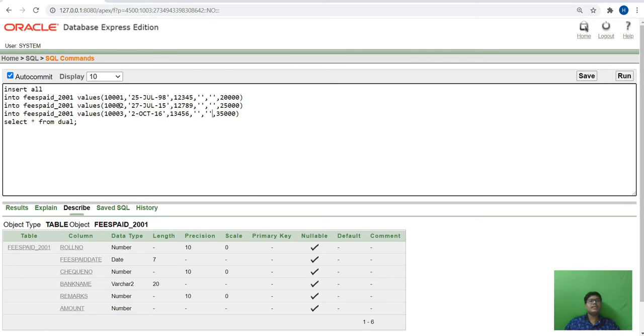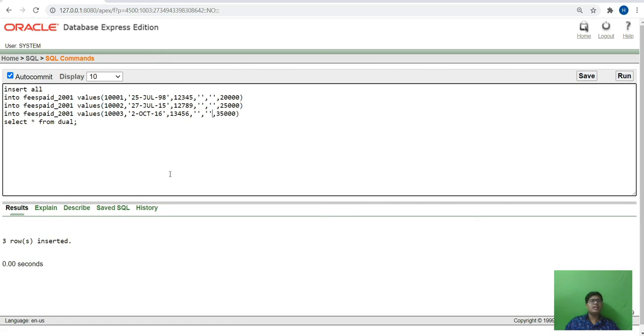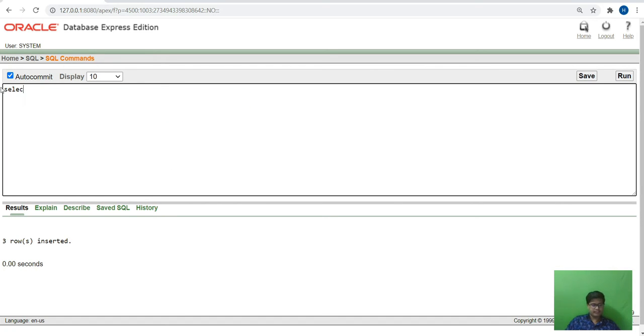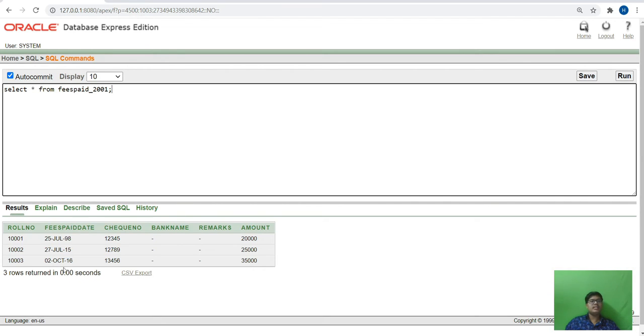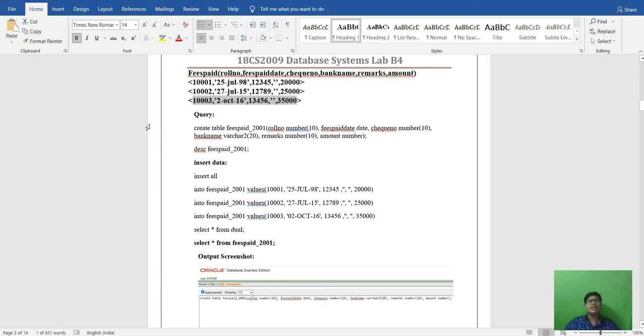So now we have inserted this. Then three rows are inserted. Let's check. So this is the input table for the fees paid.